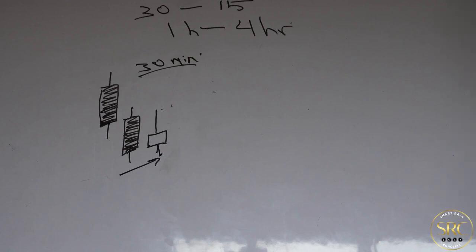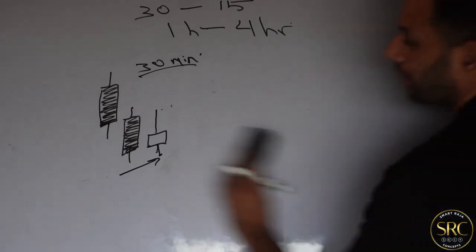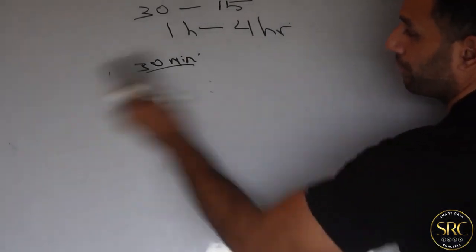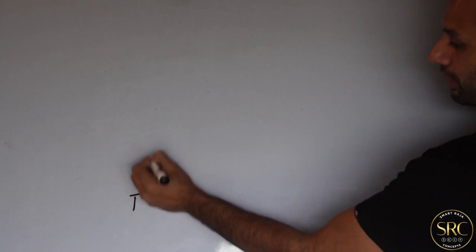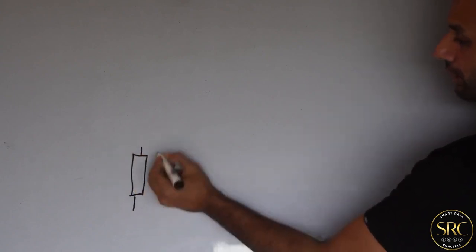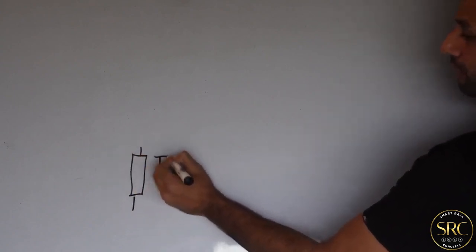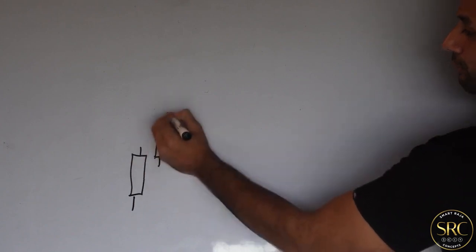Now, we're going to talk about another scenario, and that scenario is going to be a little bit more risky. It's risky because the trend is already bearish and the trend is already bullish, and you're really trying to catch that wave, right? What it looks like is like this. Let's say you have a bullish candle form like this, and you have another bullish candle form like this,